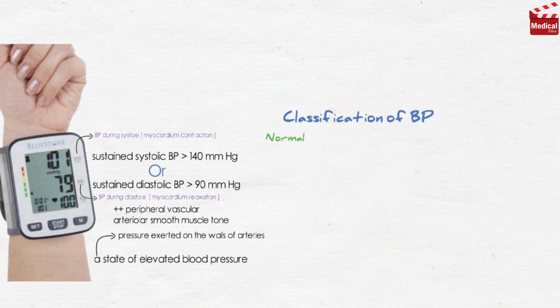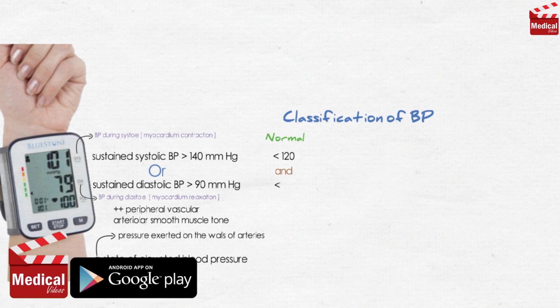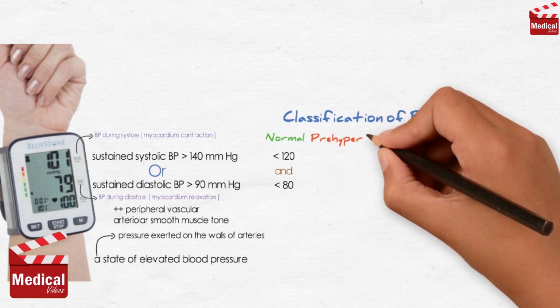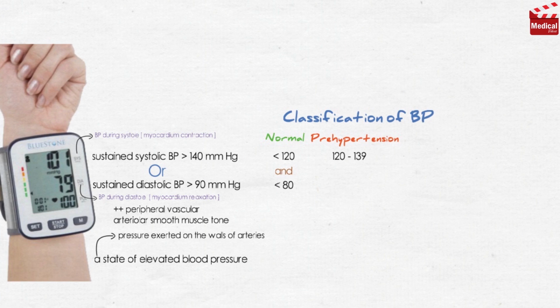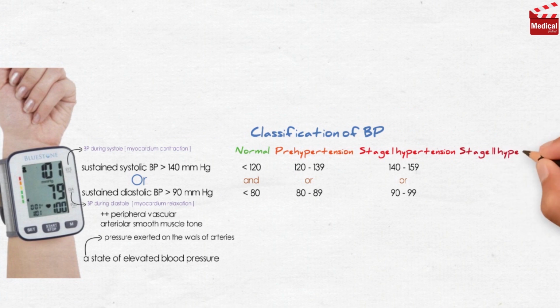The normal blood pressure is lesser than 120 for the systolic, and lesser than 80 for the diastolic. Pre-hypertension is from 120 to 139 for the systolic, or from 80 to 89 for the diastolic. Stage 1 hypertension is from 140 to 159 for the systolic, or from 90 to 99 for the diastolic. And Stage 2 hypertension is equal to or greater than 160 for the systolic, or equal to or greater than 100